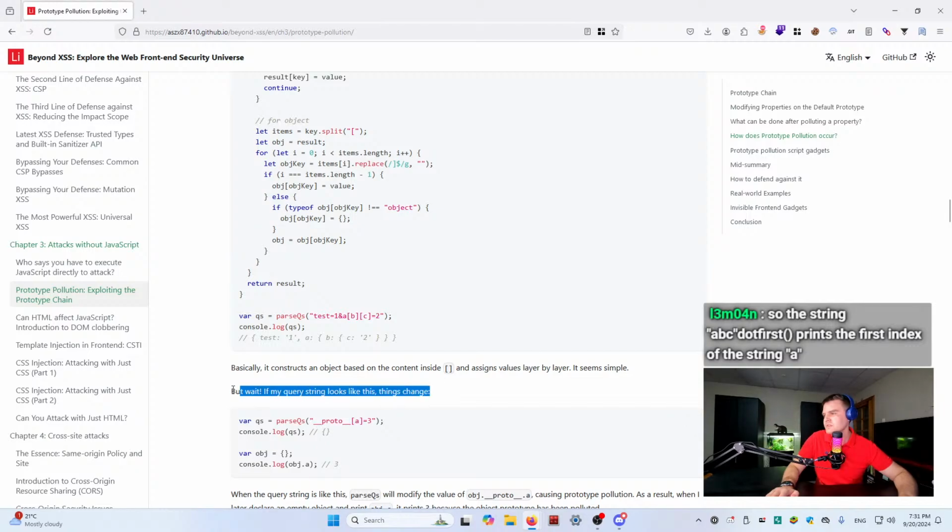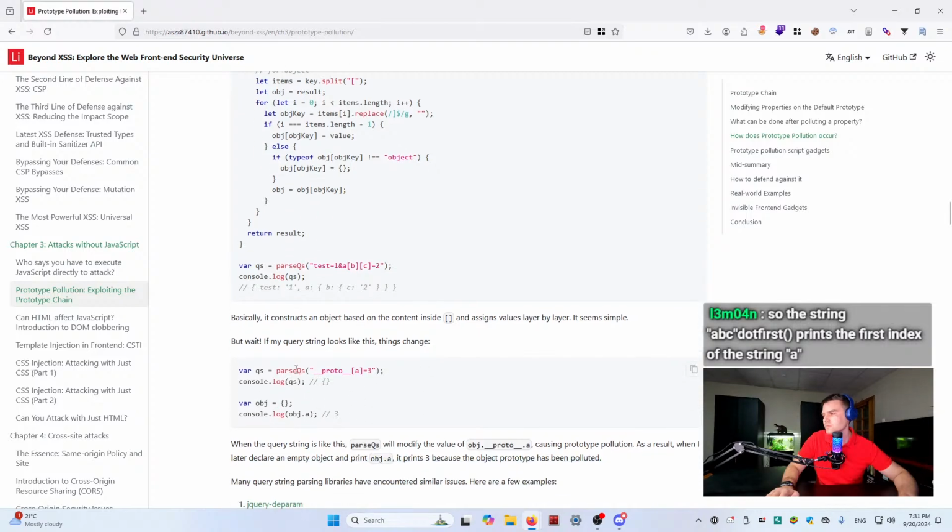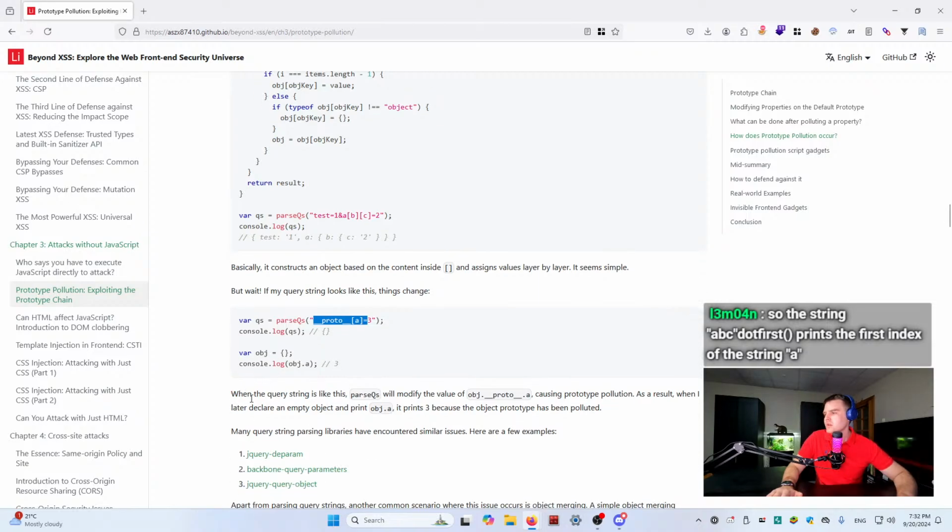things change. So if, instead of this, in the URL you write this, you can poison the prototype as well. Then the query string is like this. Parse queries will modify the value of object proto A, causing the prototype pollution. As a result, when we later declare an empty object and print object A, it prints free because the object prototype